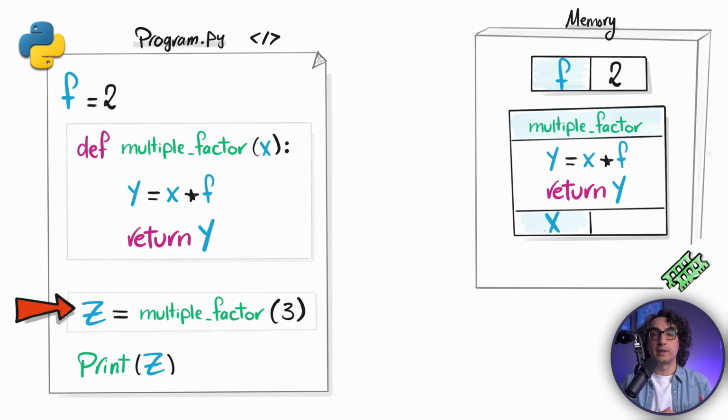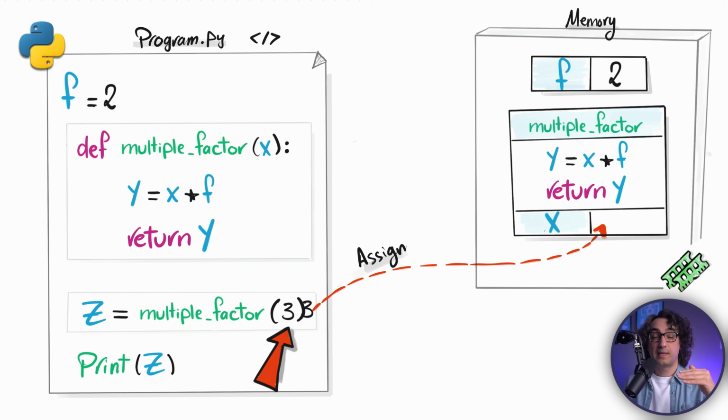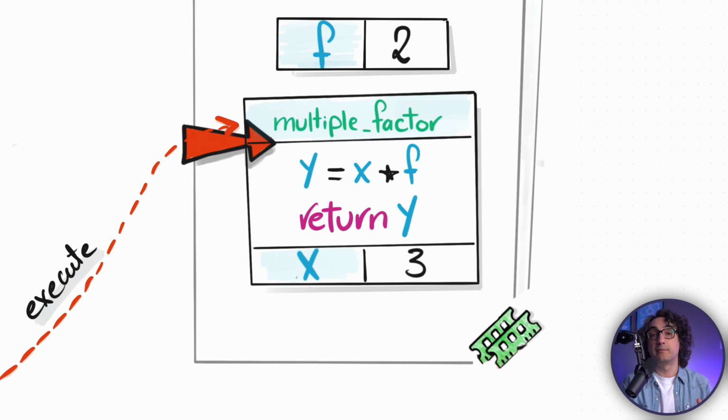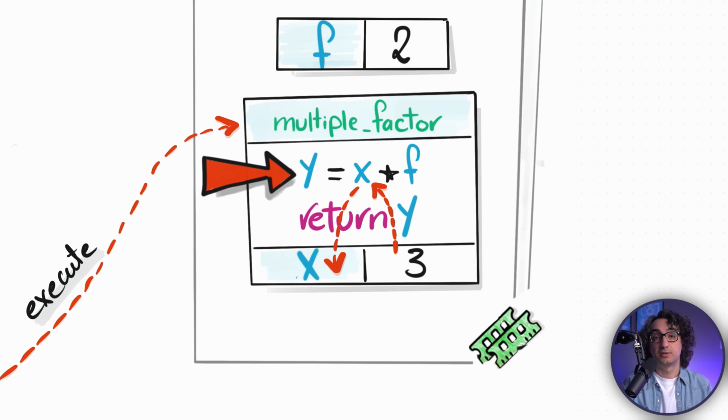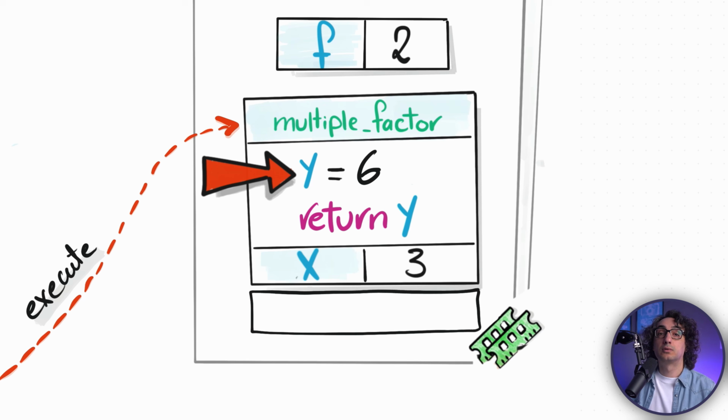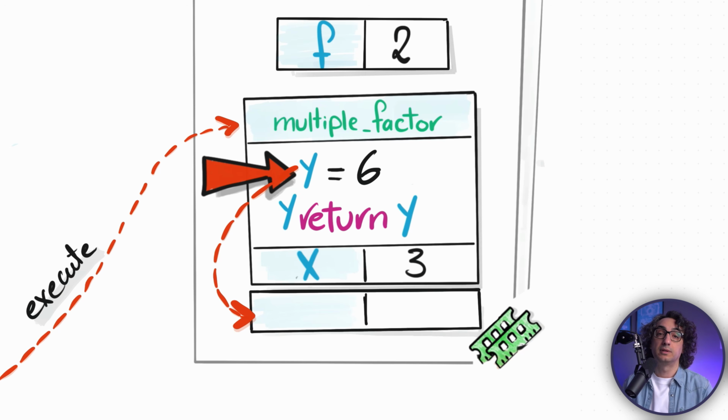Then Python is gonna go to the next line where we have the global variable and the call. Now since we don't have the value yet, Python is gonna execute the right side. So it's gonna execute the call by first assigning the argument to the parameter, and then it's gonna go inside the body and start executing it step by step. Here we have a local variable and an expression. So it's gonna grab the parameter value, multiply it by 2, and we're gonna get 6. And now Python is gonna create a local variable y and assign it the value 6.